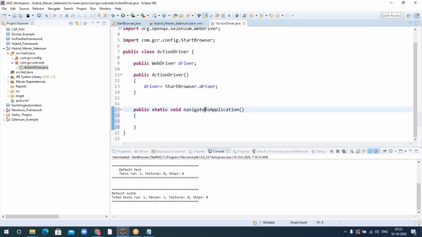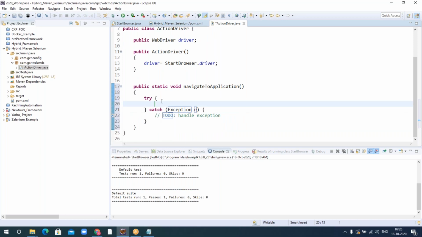Why? Because for every command, I am going to create my customizer command. People might not understand what driver.get is, but people can understand when you give a proper name, navigateToApplication. That means you're trying to navigate to an application. I'll put everything in a try catch block.